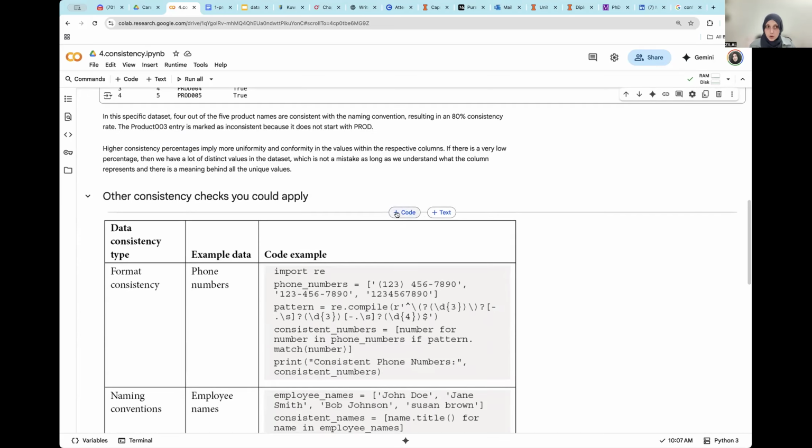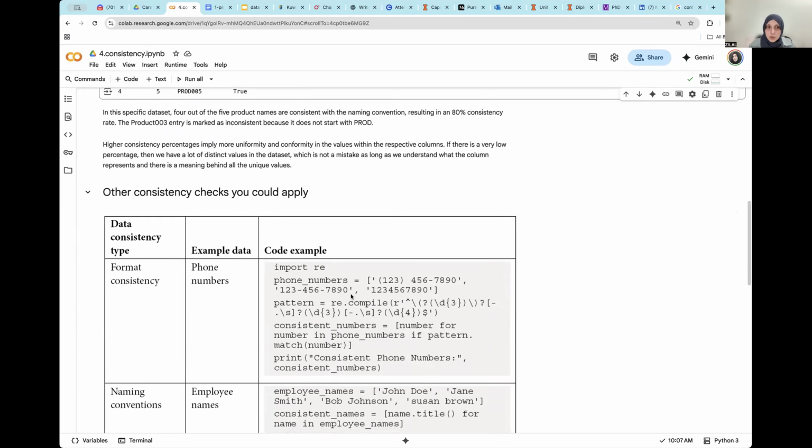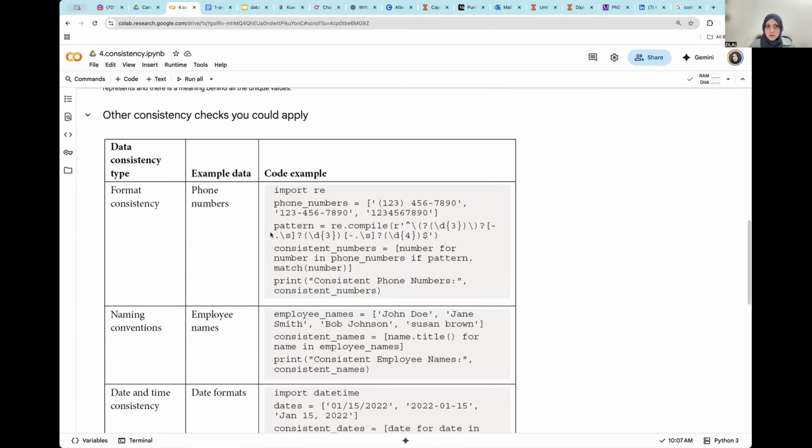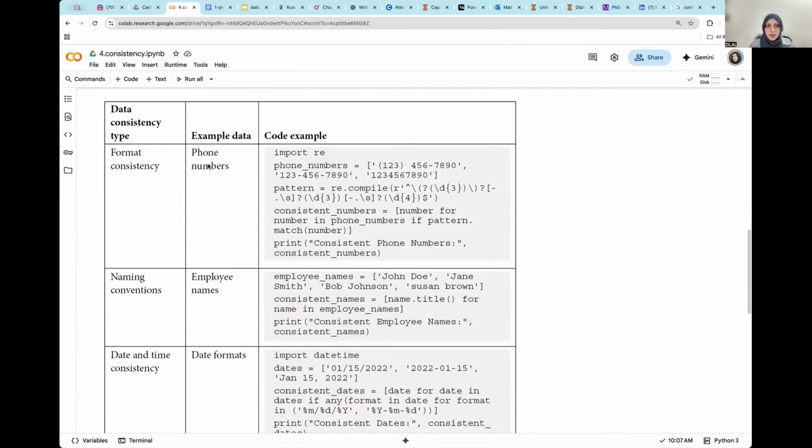If there is a very low percentage, then we have a lot of distinct values in the dataset, which is not a mistake as long as we understand what the column represents and there is a meaning behind all the unique values. Other consistency checks you could apply, for example, phone numbers,